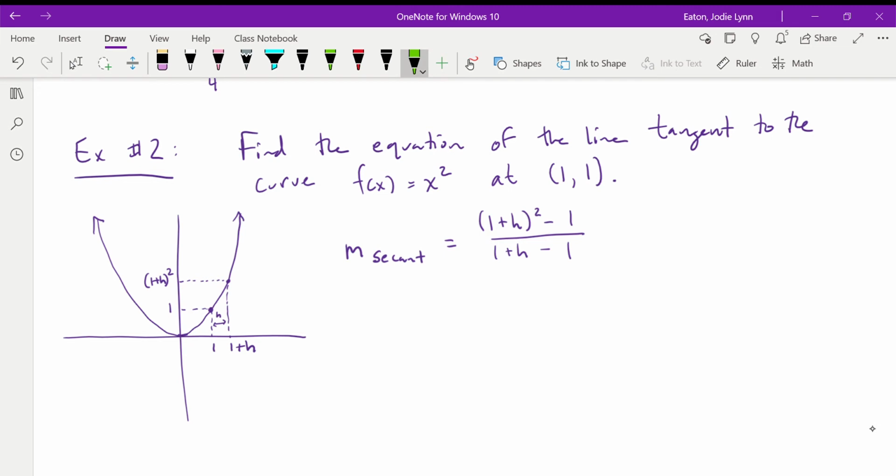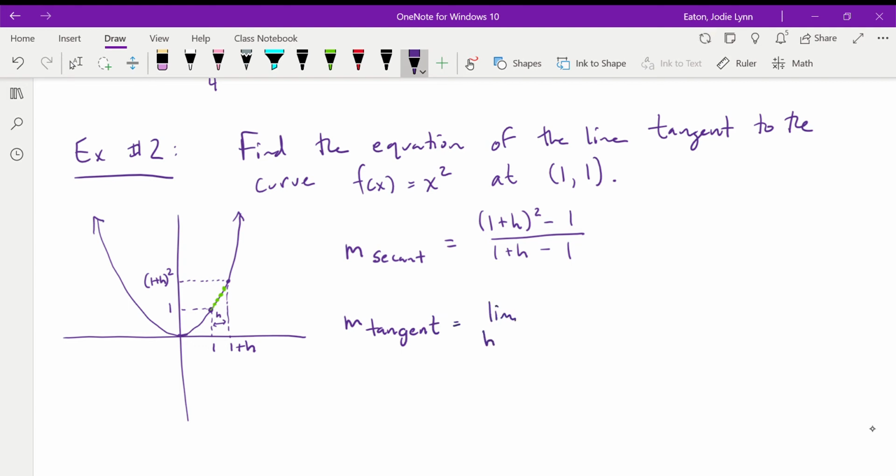We want to think about this point getting closer and closer to 1, until they're actually the same point, but we don't exactly know. We can't use this formula if they are the same point. So rather than making them actually the same point, because then we lose that wonderful formula where we can just subtract the y values and subtract the x's, what we're going to do is take the limit